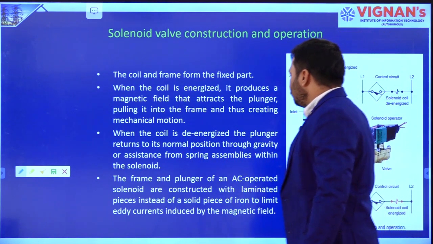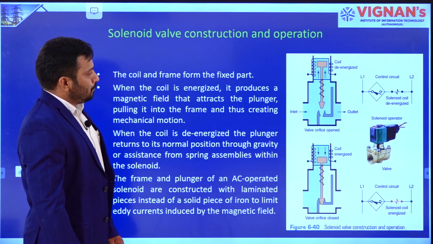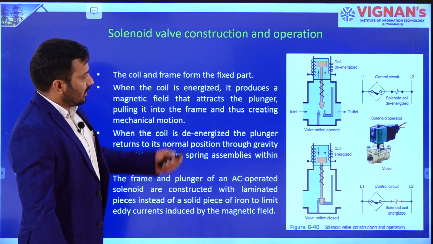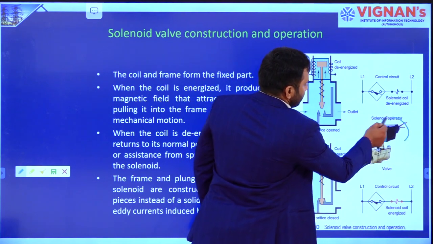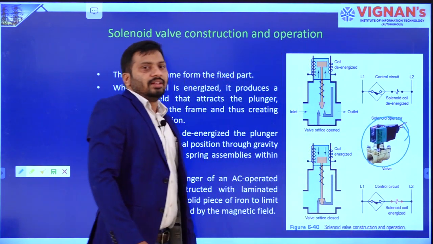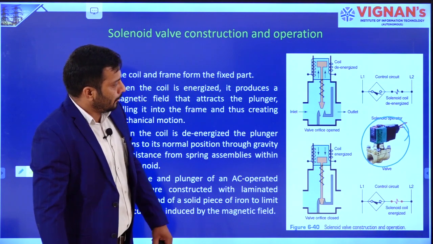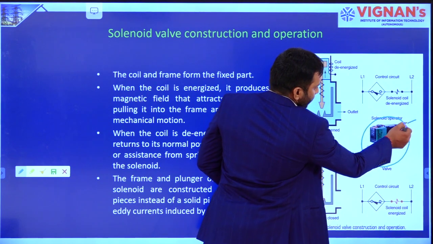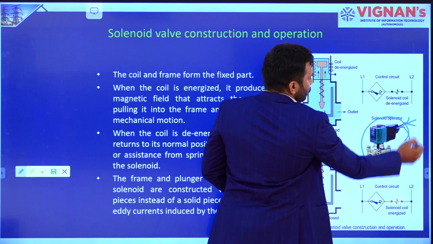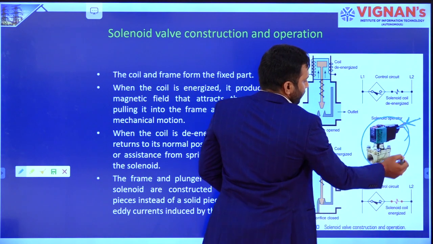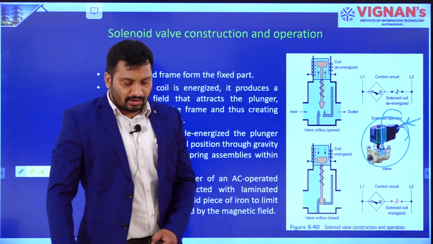So here you can see this particular arrangement as well as the symbol and the internal working, right. First, this is the solenoid valve normally used in industry. This is the mechanical arrangement as well as the symbol. This is going to be connected to the output terminal of the output module, right. From that, the electrical signal is going to be converted into some mechanical movement internally.